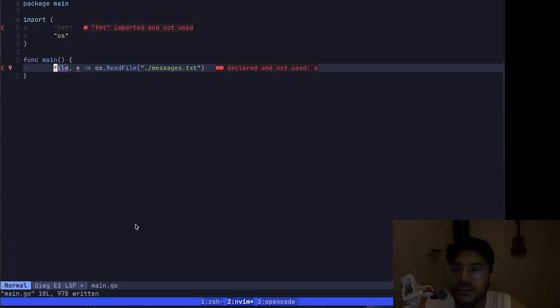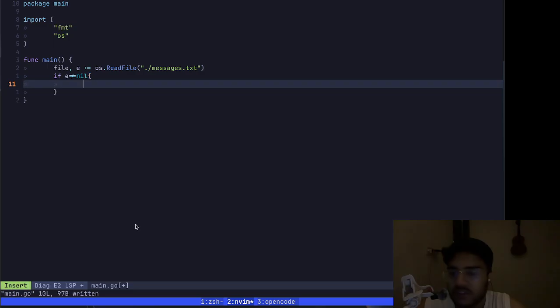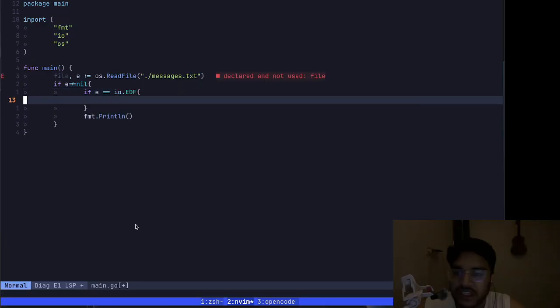Okay, so let's just check out the buffer error. Also make sure that if you receive an error, if the error is not nil, I'm just going to throw an error, or I just need to print it. Okay, so I'm just going to print it. Print fmt.Println. Let's make sure if the error is a different kind. Okay, if err is equal to io.EOF, if that is the case, then just print